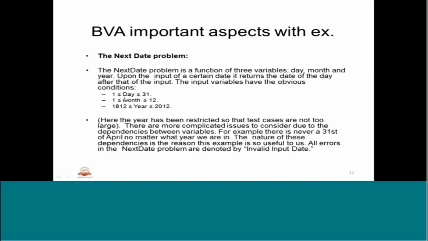So no matter what year it is, whereas day and month are dependent. The nature of these dependencies is the reason this example is so useful to us. All errors in the next date problem are denoted by invalid input date. So a very important thing we also need to understand is that